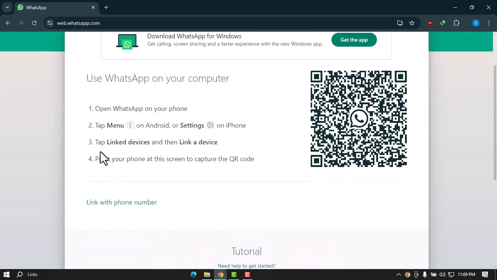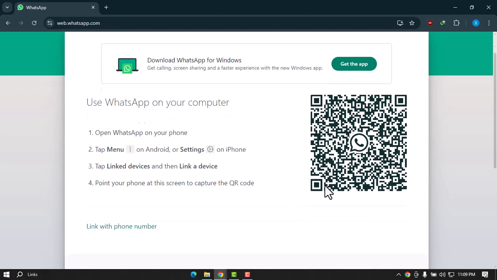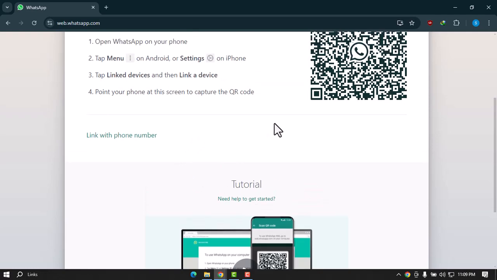it with your phone. They're saying that you have to just open up your phone, then tap the three-dot menu and Android, and then tap link devices and link a device. If you want to capture the QR code, then you just have to use this one, and you can also